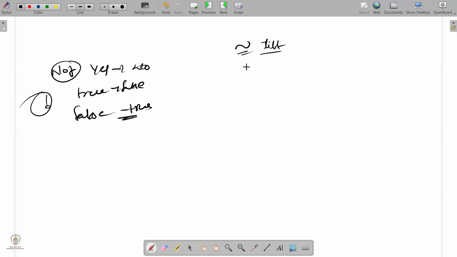This is called the tilde symbol. This tilde symbol is called bitwise NOT. It's a very interesting operator. So when I apply bitwise NOT to any number,